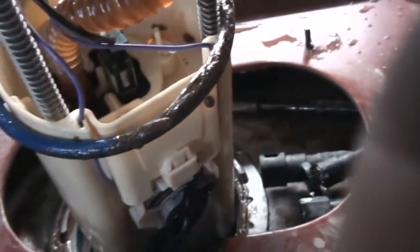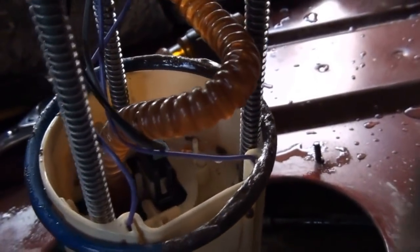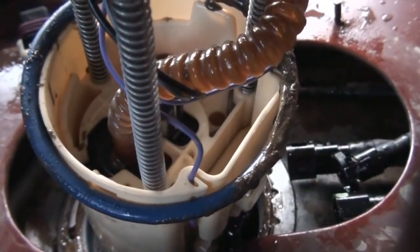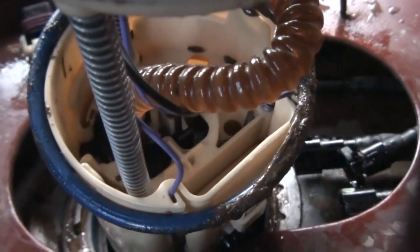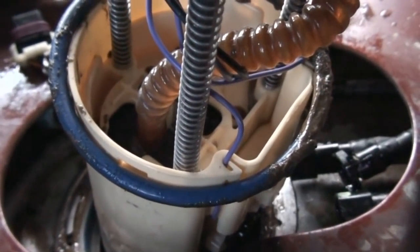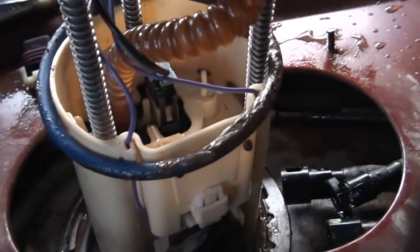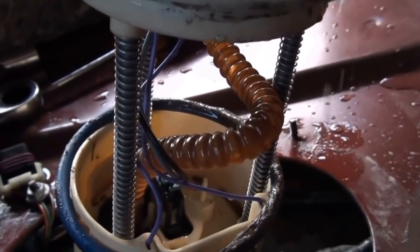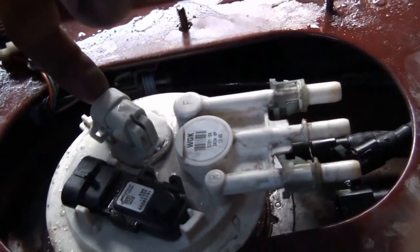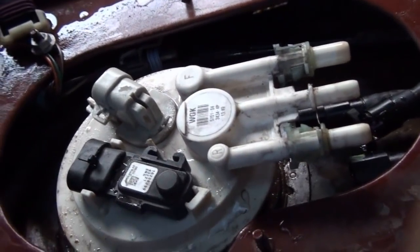I don't know if this might even be an actual aftermarket tank fuel pump. It looks in good condition, other than the seal being dirty, but I think old GM gaskets are black. And this one has a blue one, so the seal's not too bad either, so it might actually be a good pump. But who knows? I'm going to try reusing the top of this though, because I really don't want to cut into my harness here, because if I do,